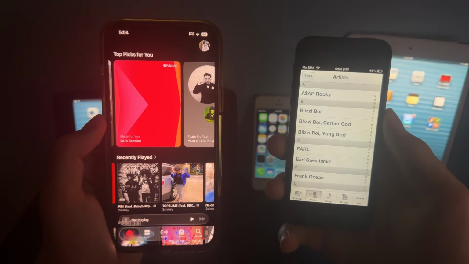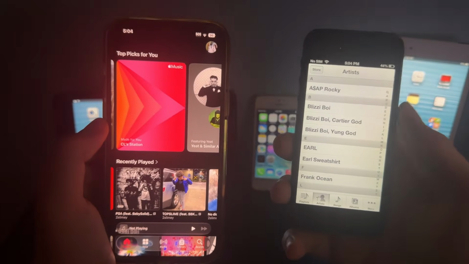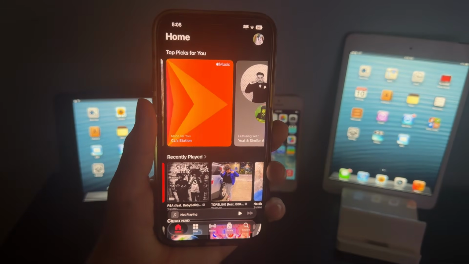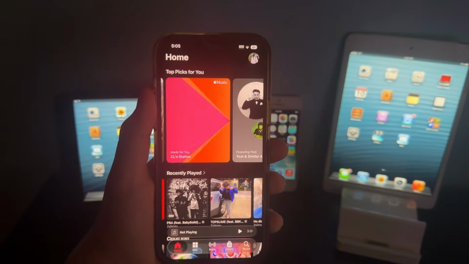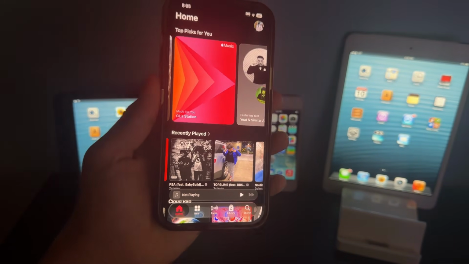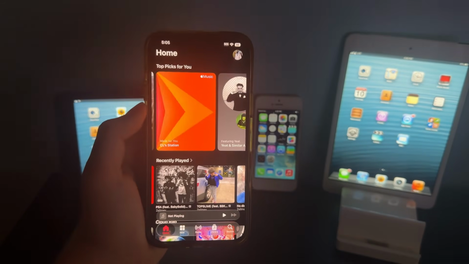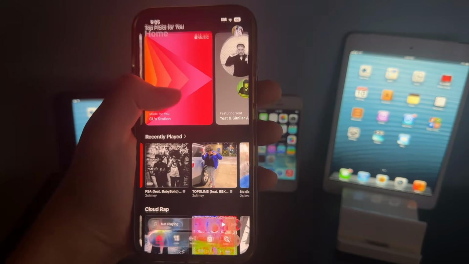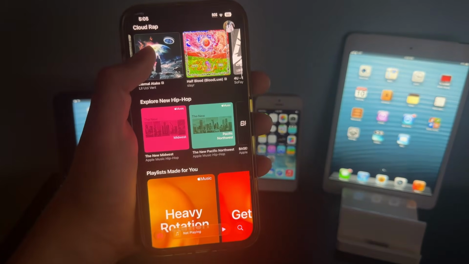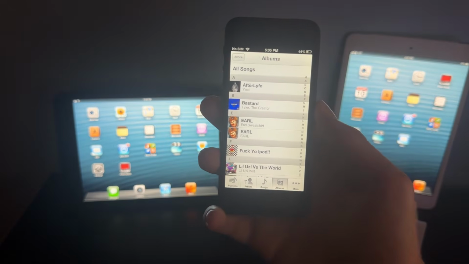Things like the music app both have massive differences in terms of design. On iOS 6, it features a textured white look, while on iOS 27, you could either pick between a white background or a black background with no texture whatsoever, and it's pretty much the same thing that you would see in the Settings app that we just went through. It features a flat look with Liquid Glass overlaid on top of this, while on iOS 6, it of course